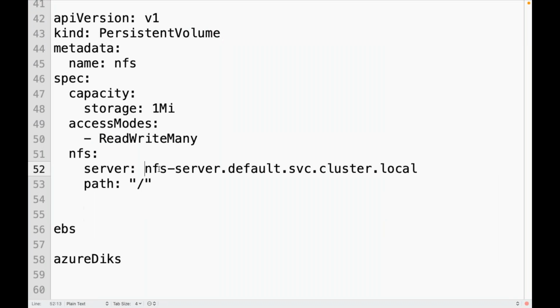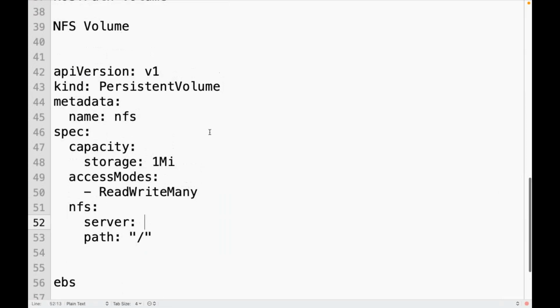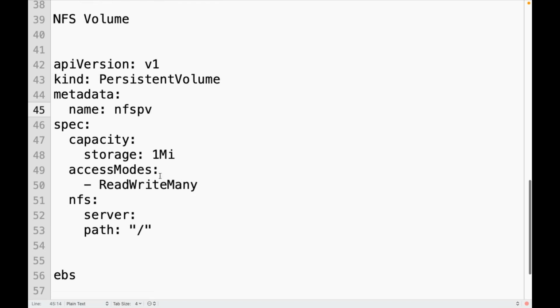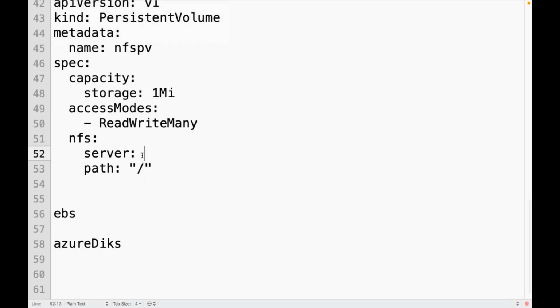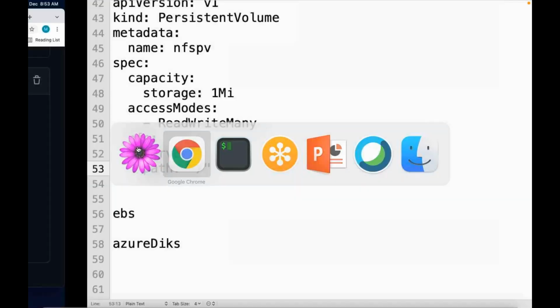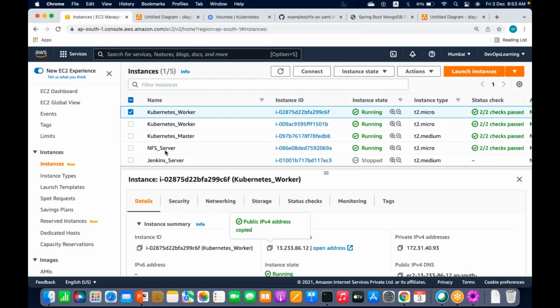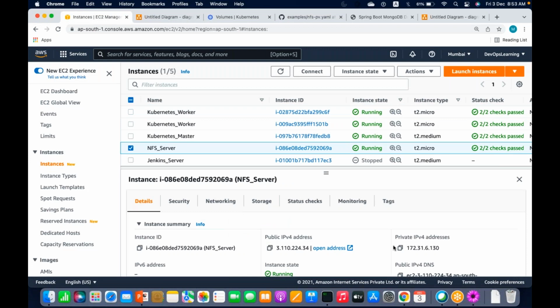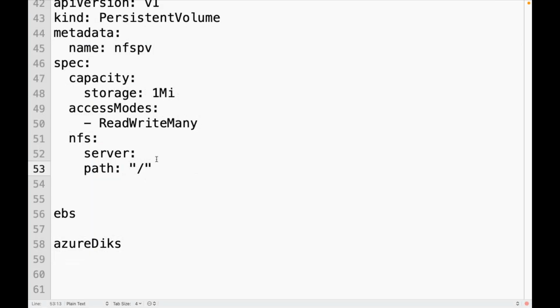manually. So NFS server. Do I already have an NFS server? Yesterday we created an NFS server. Can I use that NFS server here? The path, whatever NFS server path I have. So I have an NFS server. If I want to create an NFS volume, I can say something like this, mnt slash,